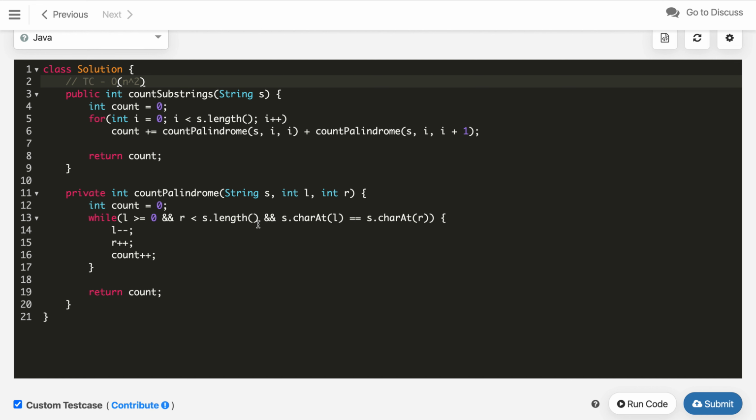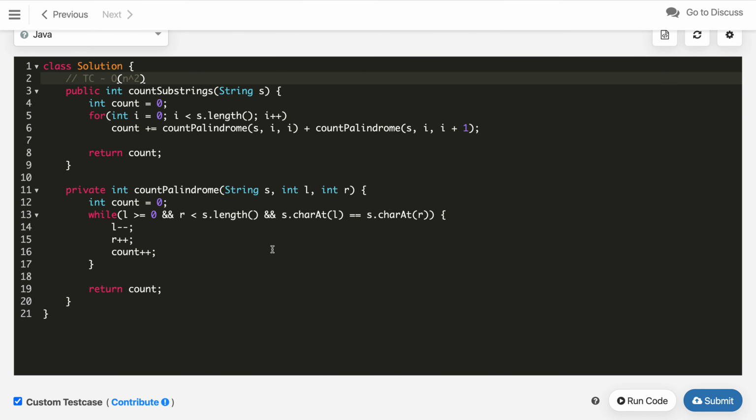Can we further optimize? Yes, there is a very strong algorithm, Manacher's algorithm, which is very hard to code, but if you want to implement that algorithm, you can do a wiki search and check out the code base for how it is, and that is O of n. We can write this solution in an O of n algorithm.